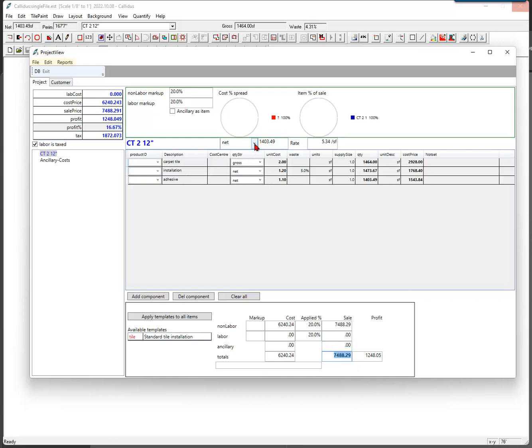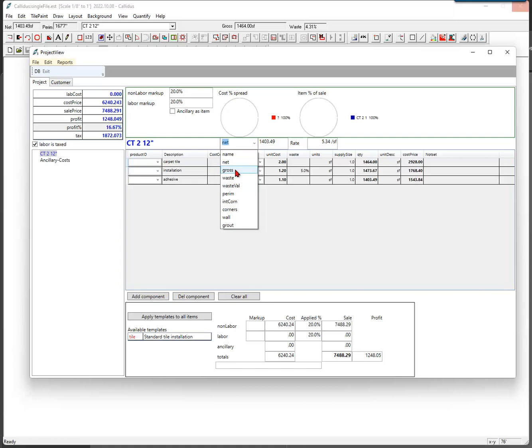If you need to provide a rate to the customer, in the UK, commercially, quite often clients aren't interested in the amount of waste. They're not interested in that. If the room is 100 square meters, they want to know what the rate is for 100 square meters. So what you have to do is take the entire sales price and divide it by the net floor area. If you wanted it to say, well, we're providing so many square yards,